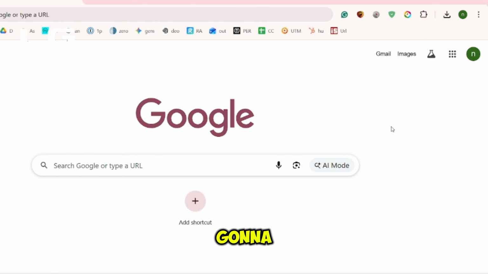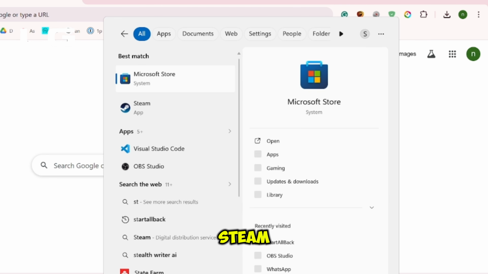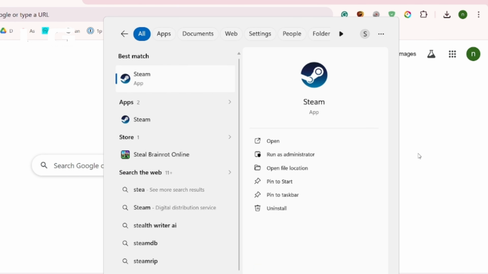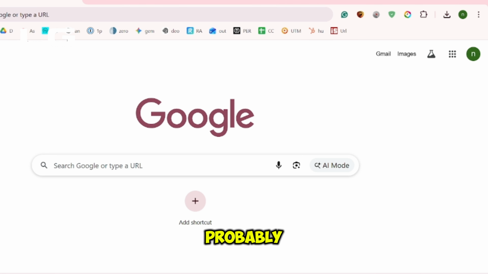Now as you do that, you're going to have to restart your device. Come below at the search bar again, type in Steam, and this time run it as an administrator. Once done, your problem will probably be fixed, but if it's still not working, then here is the last thing